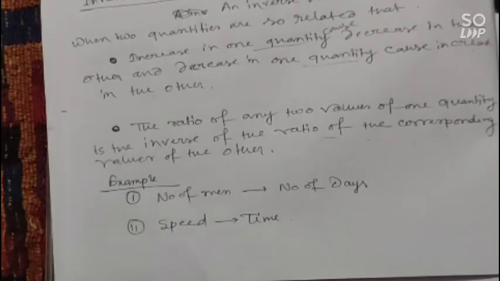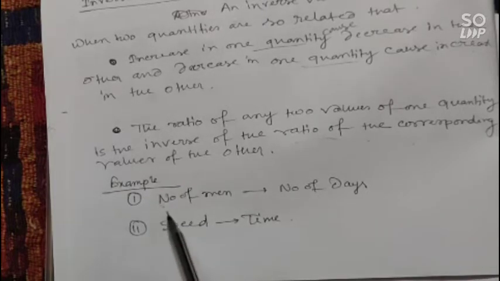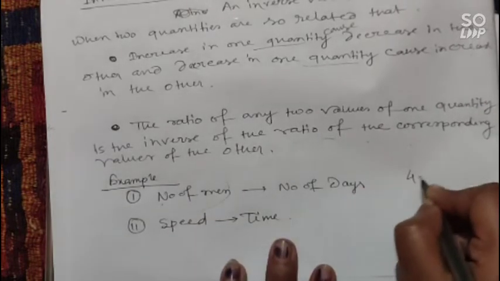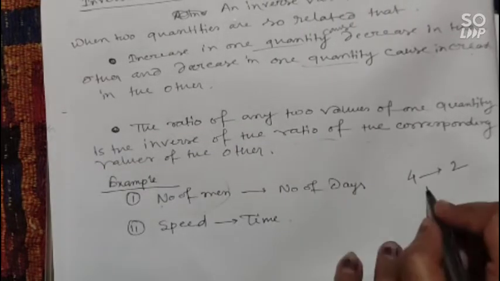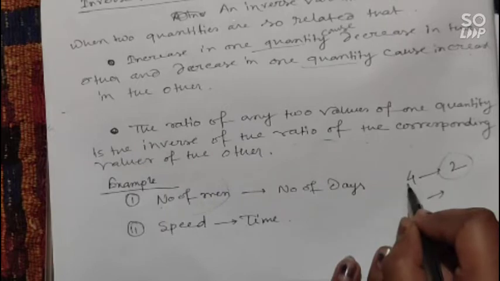Now we will see which quantities will be in inverse variation. Number of men and number of days. This will be in inverse variation. Why? Because when the number of men will increase, then, if you and your 3 friends, that means 4 people, can do a work in 2 days, then if your 3 more friends join, that means 7 persons, can do the work in how many days? If the number of persons increases, then the time will